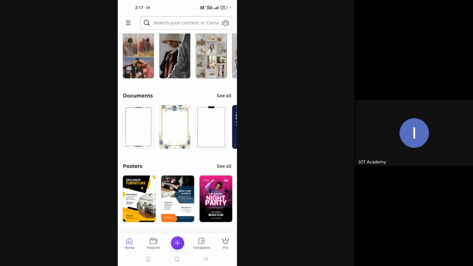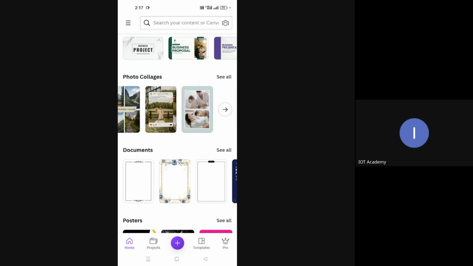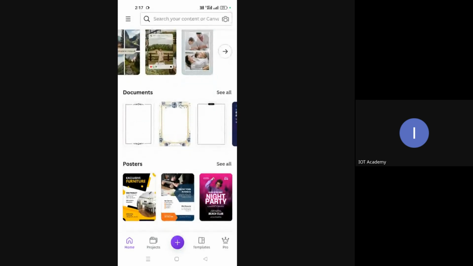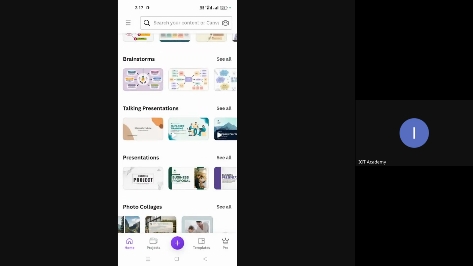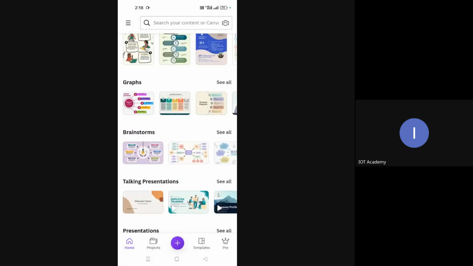Moving on, you can see here there are so many photo collages. Whichever you are attracted towards, you can just click and start editing as per your requirement. There are presentations which even talk here, in the sense that the presentation moves on with audio. That way, presentations are designed here. Many managers end up doing a lot of brainstorming sessions. For them, PPTs of this kind would be very attractive.